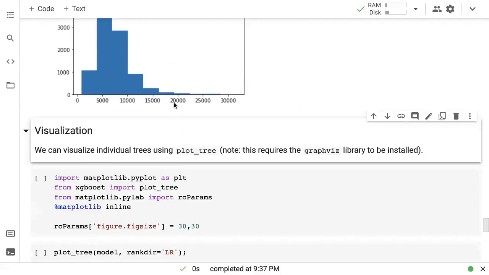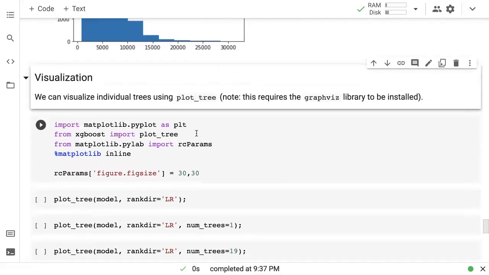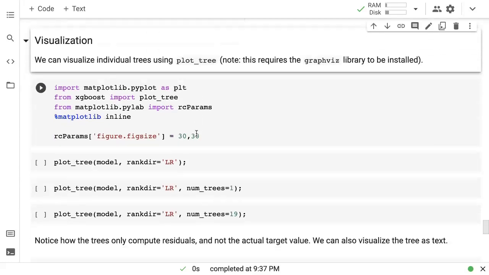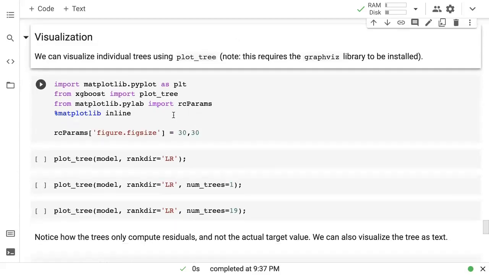And the reason it is better in a lot of cases is simply because of this residual trick, because for each tree, we are reducing what it needs to learn, rather than random forest where each tree has to learn the entire relationship. Now, in this case, each tree just tries to fix the errors of the previous tree. So that's how you make predictions and evaluate, just as you do with any other scikit-learn model.